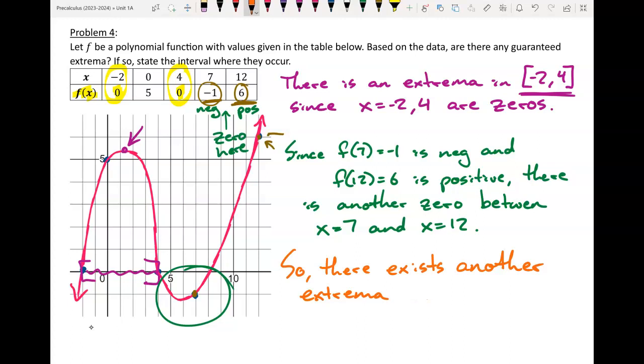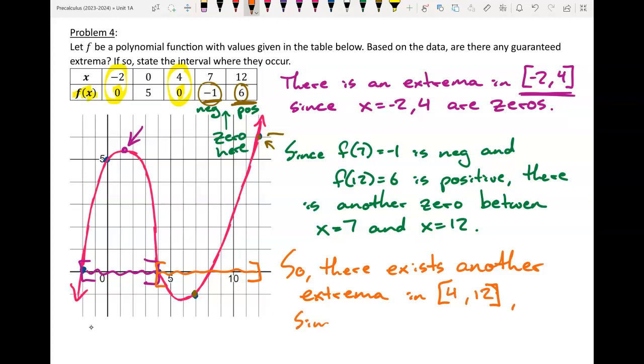or extrema in the interval somewhere between, so it's somewhere in this area, so we can say somewhere between 4 and 12. Somewhere between 4 and 12. I can't guarantee between 4 and 7, but I can guarantee somewhere between 4 and 12. Because somewhere between 7 and 12 is another 0. Now, it might be all the way at like 11.9. I don't know where that 0 is, but I know it's somewhere in there. So there exists another extrema in this interval, 4 to 12,